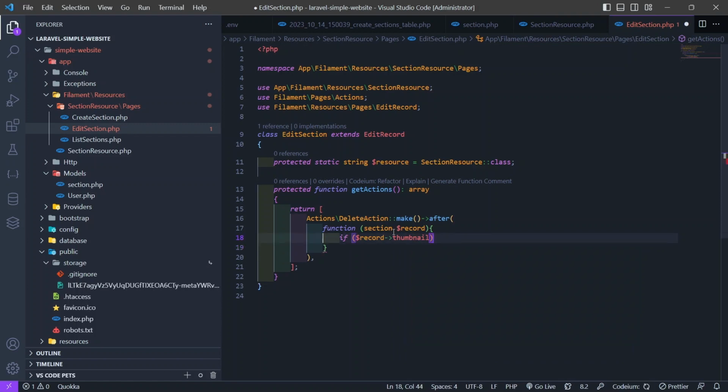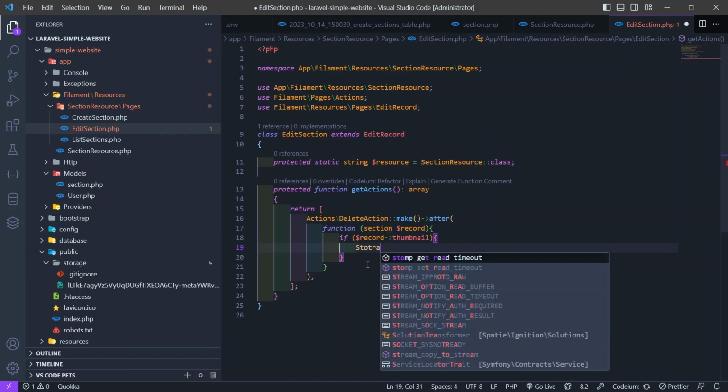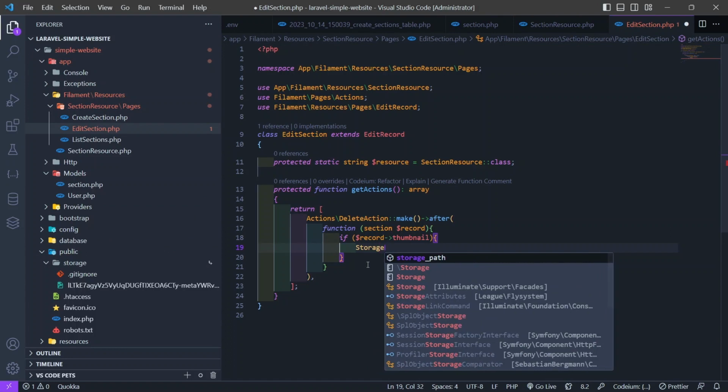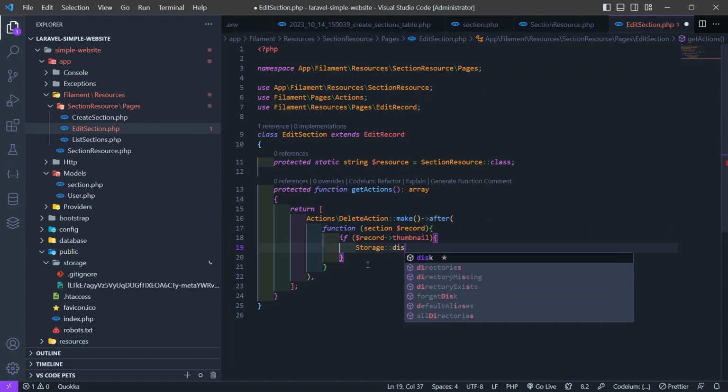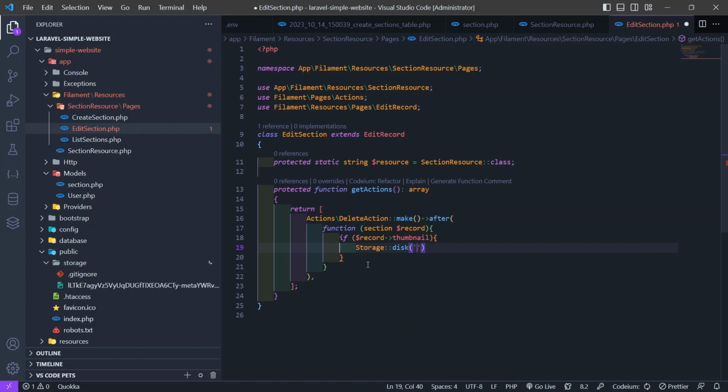and I'm sorry, the directory of the file you want to delete is from storage, and then disk, public, here arrow delete record thumbnail, close it, I'm sorry, close it here with a semicolon,